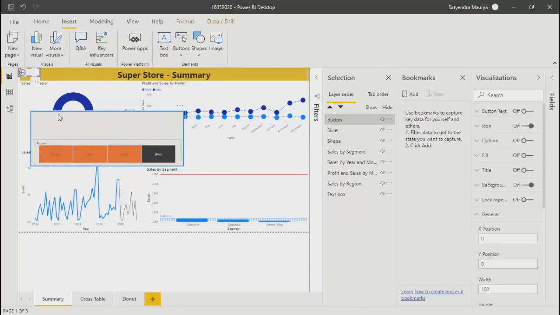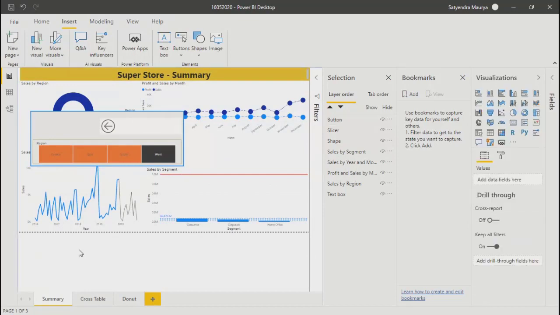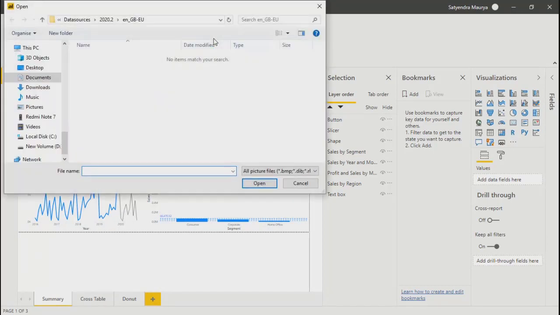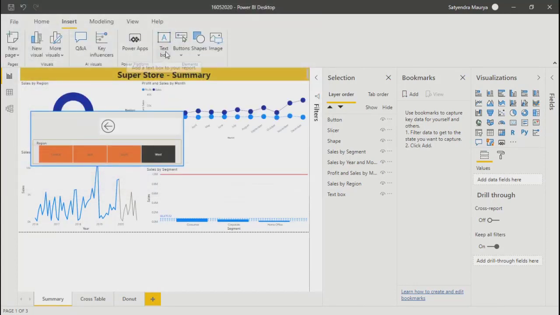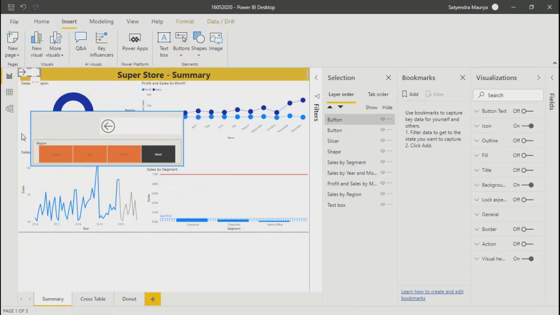Let me take back, and I'll put this back button over here. I'll take one more image that will always be there, maybe as a placeholder, or you can take any image from your system also. I don't have anything downloaded at this moment, so let me take some other button only. Let's say right arrow key. I'll put that here.